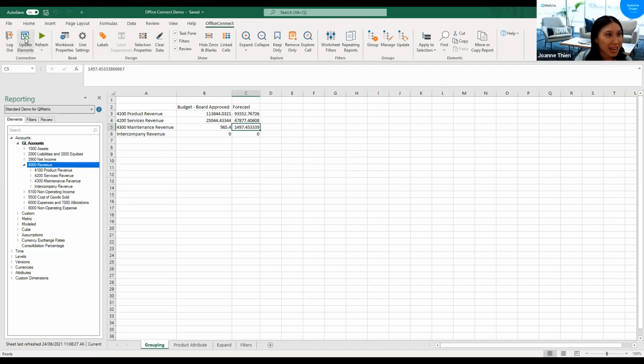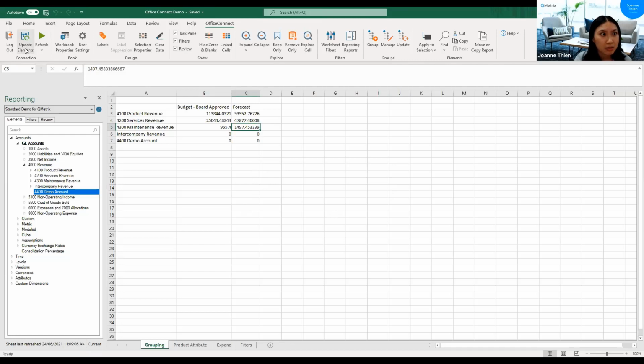But if I press update elements here, there you can see I've created an account called 4,400 demo account. So that was just to show you that if you press the refresh, even though there are model changes that might be in the adaptive web instance, they might not get reflected through into your Excel Office Connect reports. So you just have to press update elements and then the refresh button here.